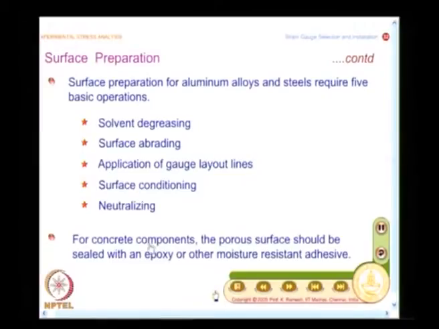On the other hand, if you look at concrete components, in addition you also have to ensure that the porous surface be sealed with an epoxy or other moisture resistant adhesive. So, this is the kind of special requirement when you want to work on concrete.